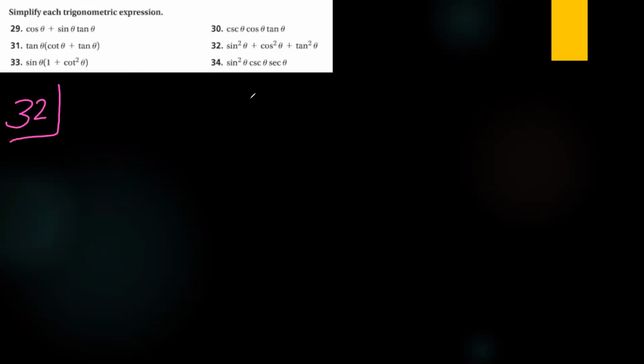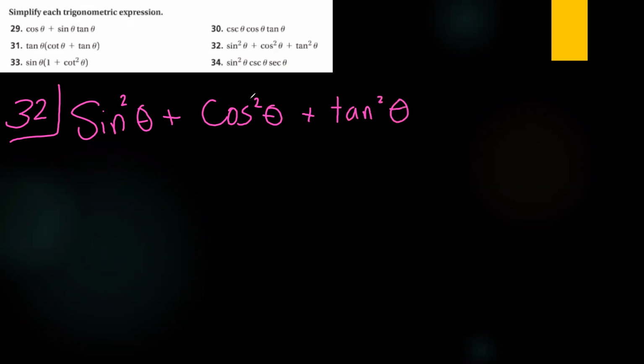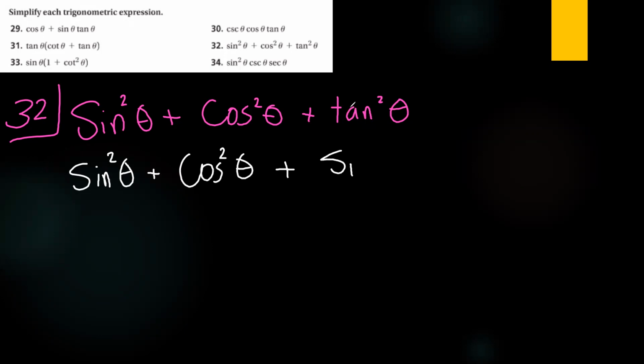In number 32 here, we have sine squared plus cosine squared plus tan squared. We need now to simplify them. Sine squared, this is the simplified one. Cosine squared, this is the simplified one. And tan squared, we can write it as sine squared over cosine squared. So then here we have them as